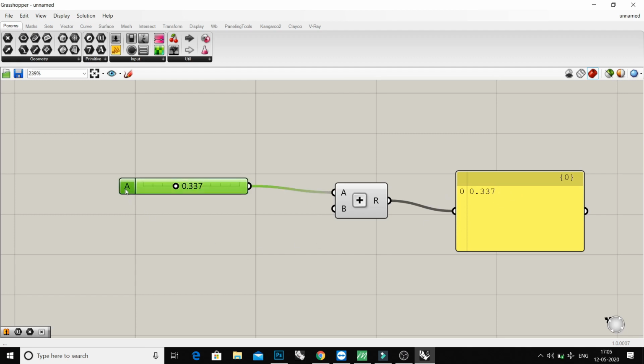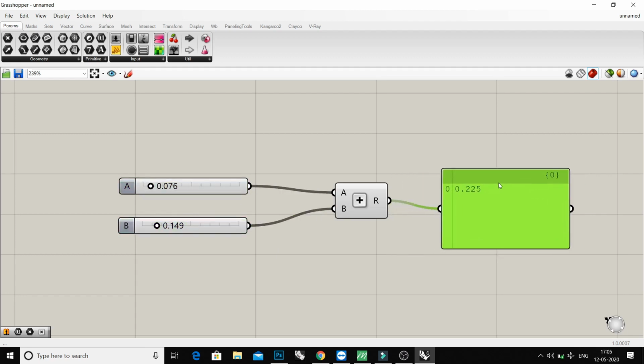If you take another slider, just copy and paste this and connect using a connection. Now you can see these two being added, A and B, and the total value is showing here.